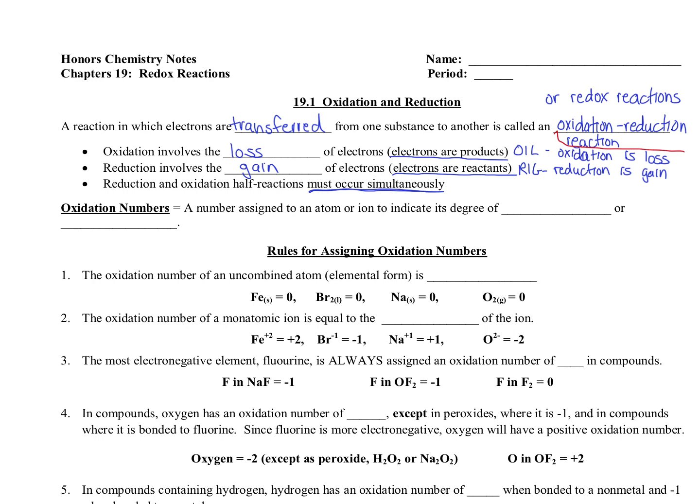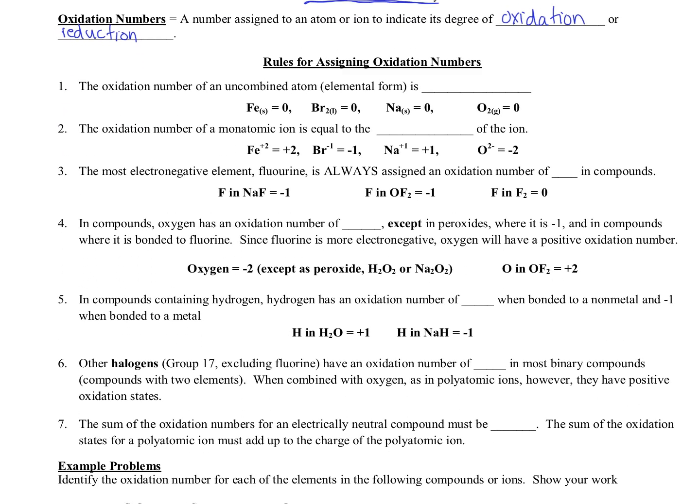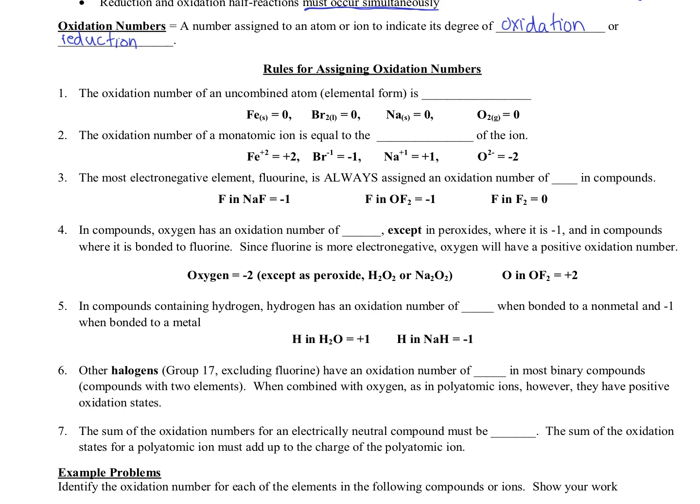Before we can learn more about this type of reaction, we have to talk about oxidation numbers. An oxidation number is a number assigned to an atom or ion to indicate its degree of oxidation or reduction. We're going to learn 7 different rules for assigning oxidation numbers. I'm going to go through them here, and then we're going to look at some examples on how we